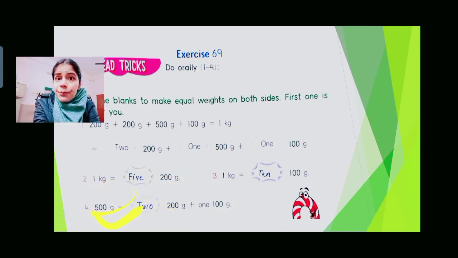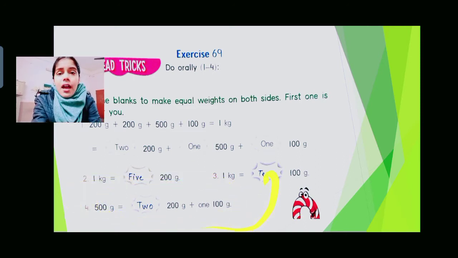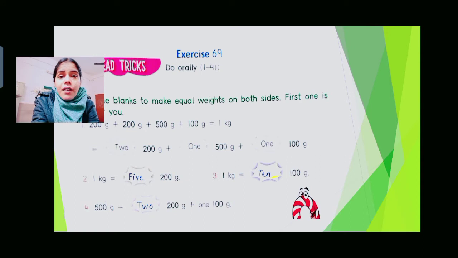Now see the fourth one. Similarly, 500 gram we have to match. So see, 200 gram we need how many, and 100 gram we need how many? 100 is already given 1. That means we need 400 gram more. So 200 gram twice. That means 200 gram we shall require two times, and 100 gram one time to get 500 gram. Alright class, I hope you have understood this. This portion you need to do in your book, not in a copy, not in your rough and practice section copy, nowhere else, just in the book.